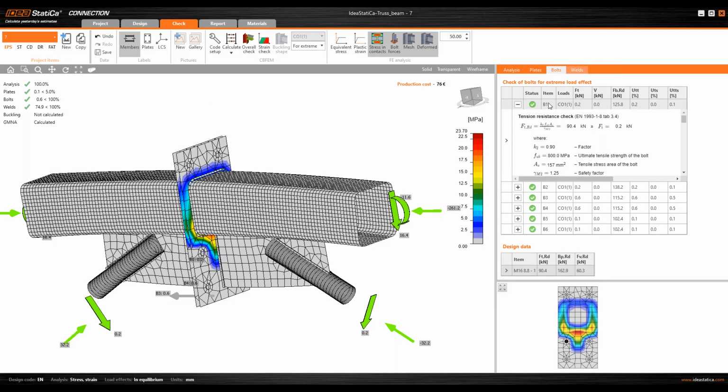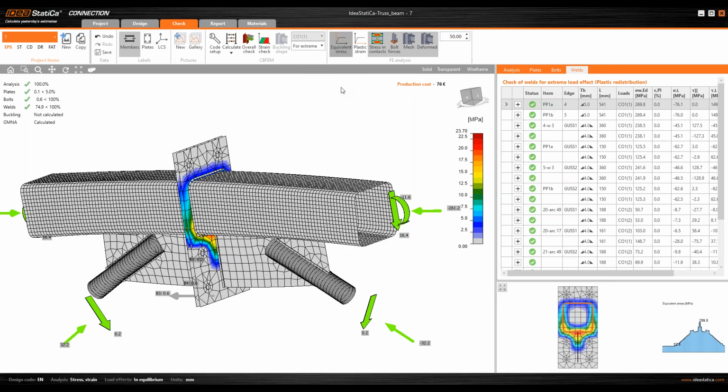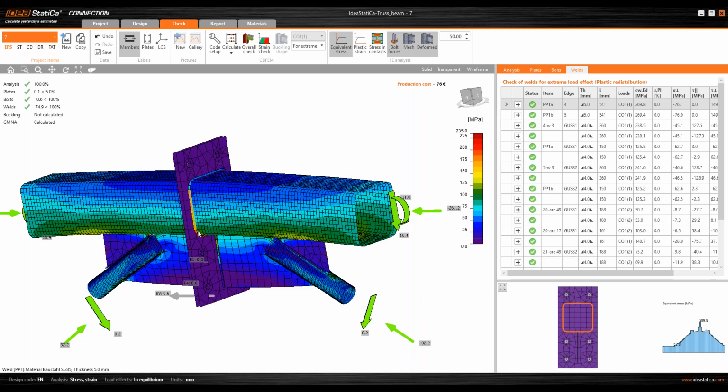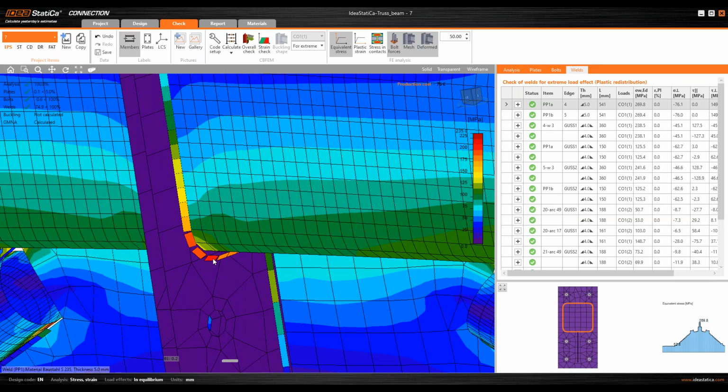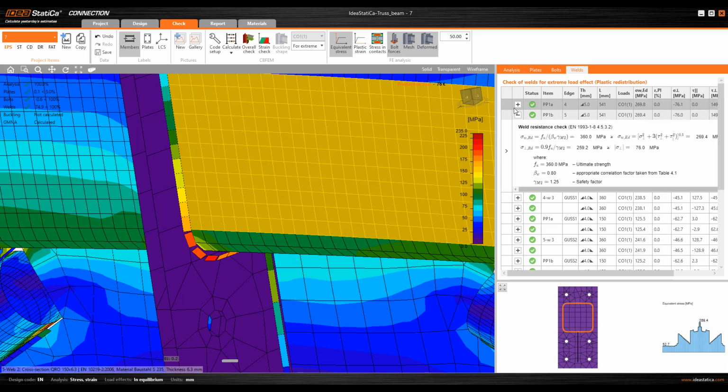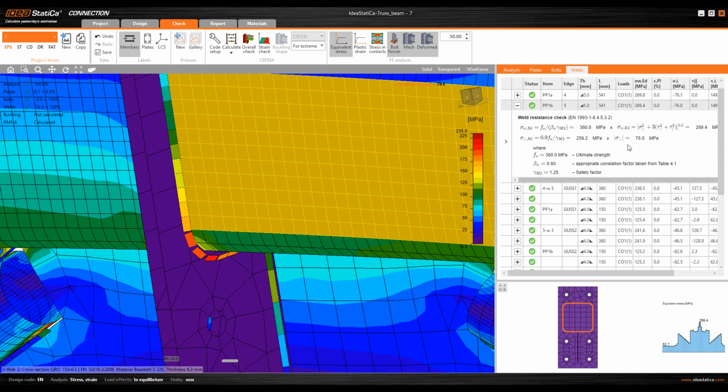And we can move to the welds, see the equivalent stress on the plates. It's also relevant for welds. And you can see the weld is discretized with the maximal place. Here, if I click on it, it's visible in the tab. I can open it or scroll it down through the plus button, and here is the code check for equivalent stress in the welds. I can also, with the right click button, use print preview,